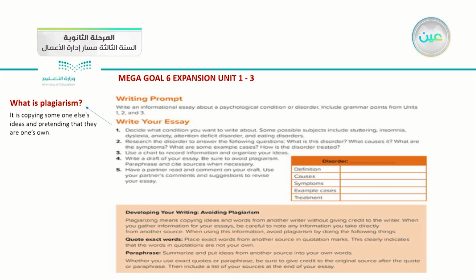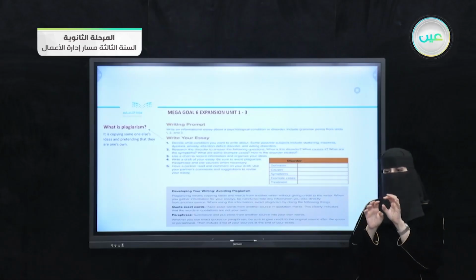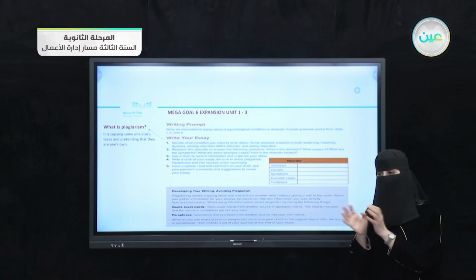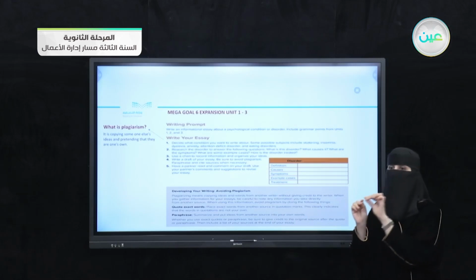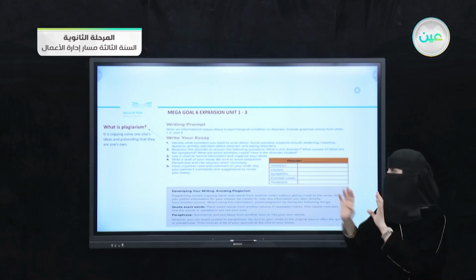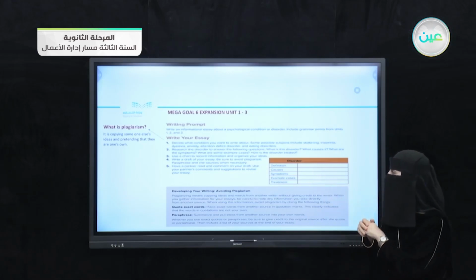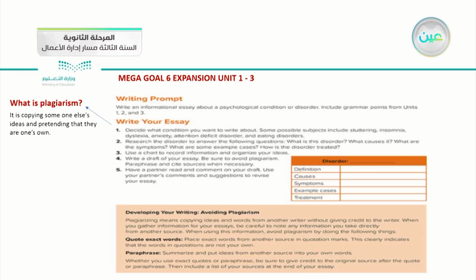So when you write your essay, pay attention that you can't take what a researcher or a scientist wrote, some quotations or a book or any research, and take it as your own idea. This is what we call plagiarism. So this is not acceptable in your essay. The second question is, how do you avoid it? If I want to avoid these things, what can I do?